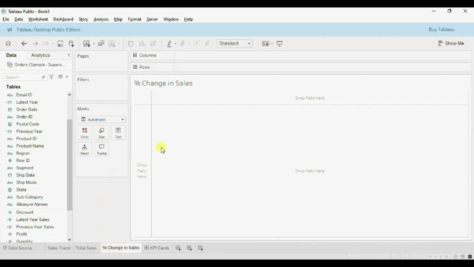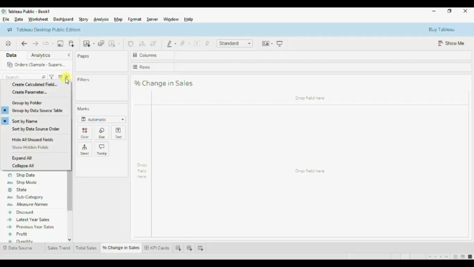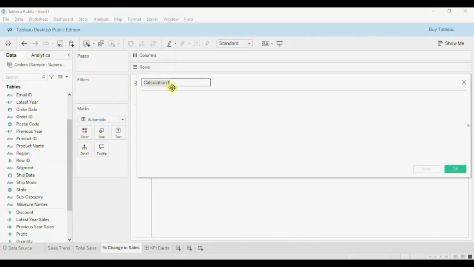To calculate this percentage change in the sales field, we will create two fixed calculated fields. So click on the drop down, click on create calculated field and let's name it latest year sales fixed. So this will be a fixed calculation,